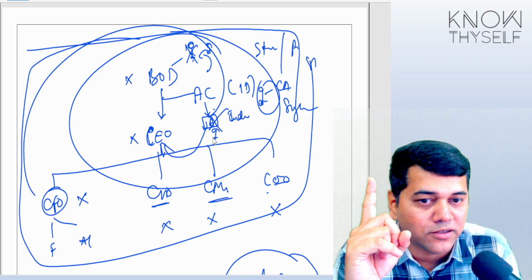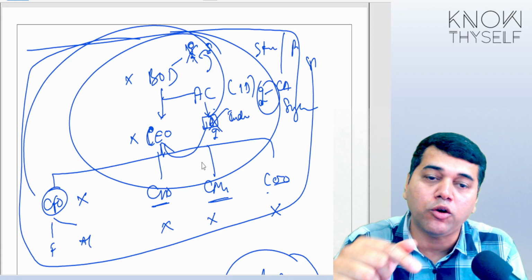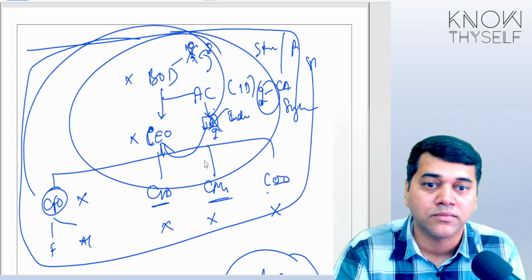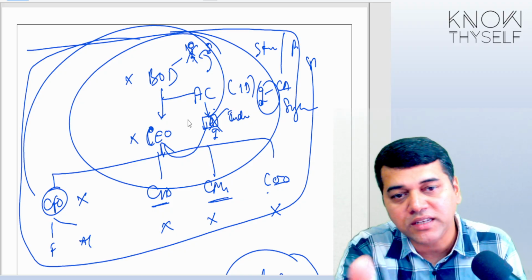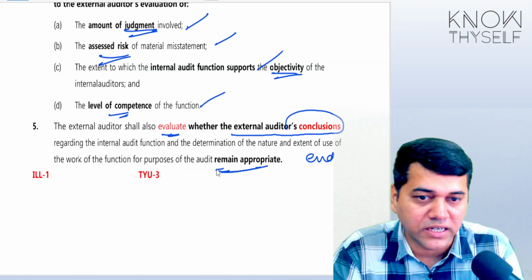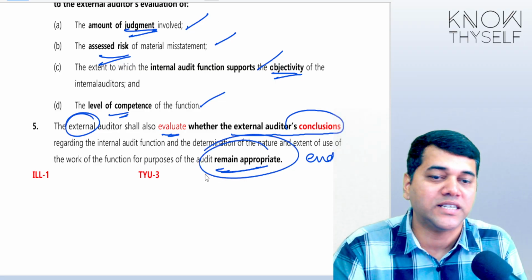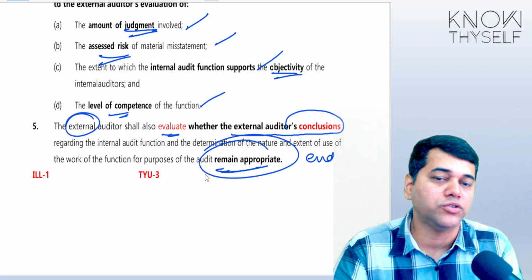First, in this case we have seen, the internal auditor was a retired bank employee, and how did he get the job? Through a recommendation. When did it happen? Somewhere in the middle of the year. So now you tell me, students, should you not evaluate from time to time? Is your reliance still appropriate? This is what you need to do.